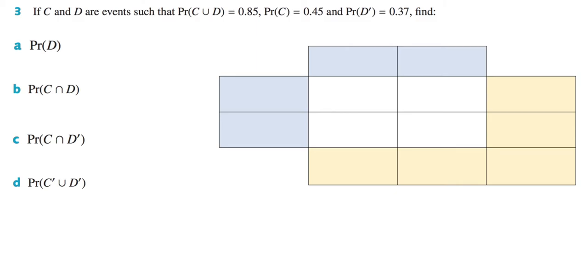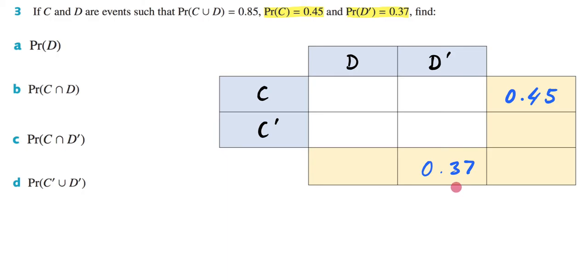And we have to begin by putting in some letters. So let this be C, and let this be the complement of C. Let this be D, and let this be the complement of D. Now, what have they given us in the question itself, which we can immediately put in here? Well, they tell us that the probability of C is going to be 0.45. So I can get my pen and I can come here to where the probability of C lives and write in 0.45. They also tell me that the probability of the complement of D is 0.37, so I can get my pen and put this here,